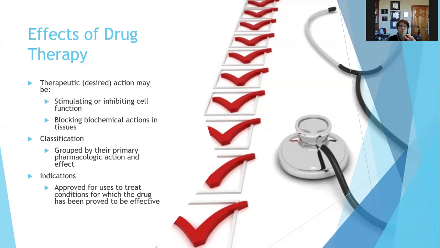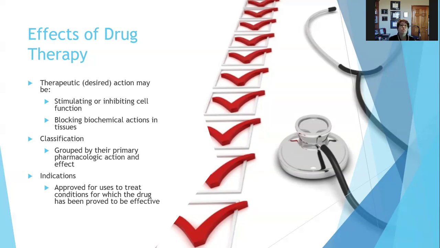So we're talking about pathophysiology. We're always talking about what are the changes to the cells. We might need to stimulate certain cells and inhibit other ones. It's usually or. Or blocking biochemical actions in tissues. So reducing the amount of acid in the stomach by decreasing proton pump action in the stomach,